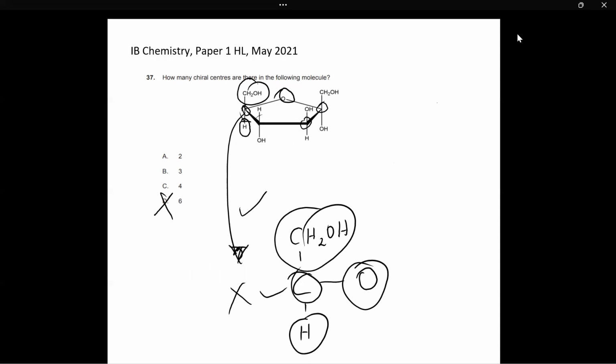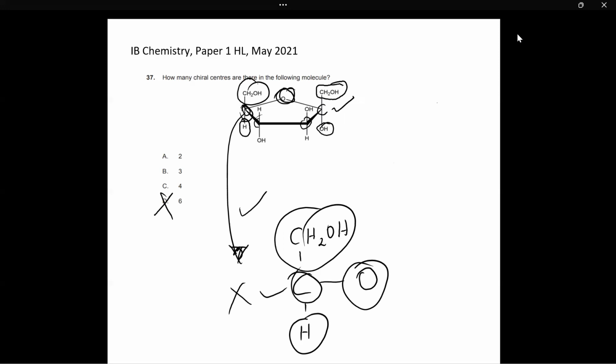So because this carbon is chiral, this carbon is automatically going to be chiral because these 2 sides are identical, right? Except for this OH, of course. This OH is different. But regardless, even this carbon is going to be chiral because it is attached to an OH. It is attached to this other group, CH2OH. It is attached to this oxygen. And again, it is attached to this whole other ring. So this carbon is also chiral. So we can eliminate nothing so far actually, but we know that these 2 carbons